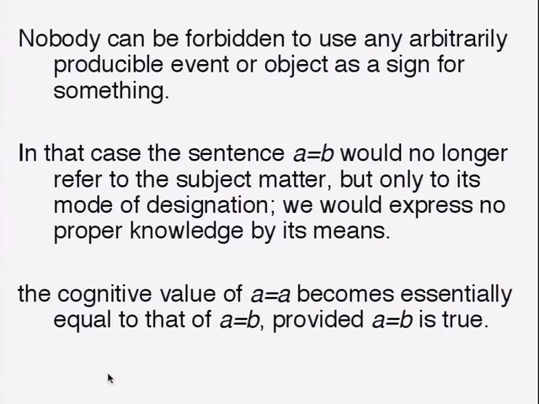When you discover that quasar A is the same as quasar B, you're actually finding out something about astronomy. You're finding out something about the way the world is. You're not finding out something about the way the English language works. So he's saying, you take the sentence A is identical to B, that's going to be a remark about the world. So you find out that Batman is Bruce Wayne, that's right.